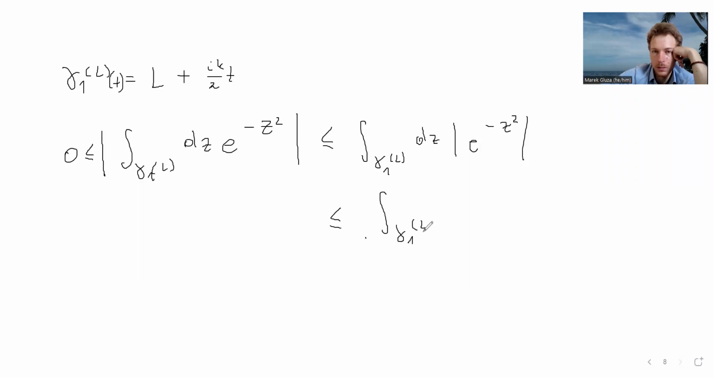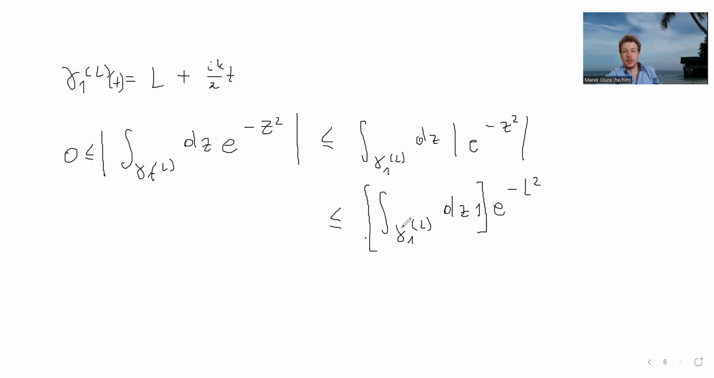Gamma 1 of L, dz e to minus L squared. And here I'm integrating 1. So when I go to the coordinates of the path, then I have just this t going from 0 to 1. So that's my finite parameterization of the gamma curve. So this is just a constant, and this constant is just fixed and small. So we have from this that gamma 1 L